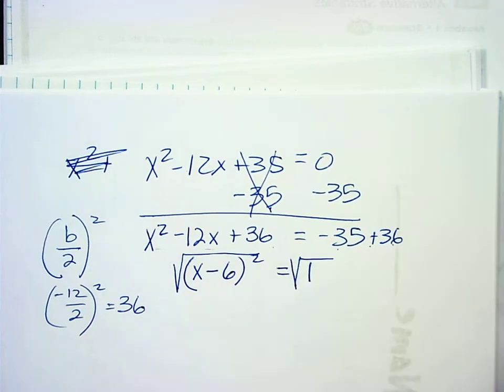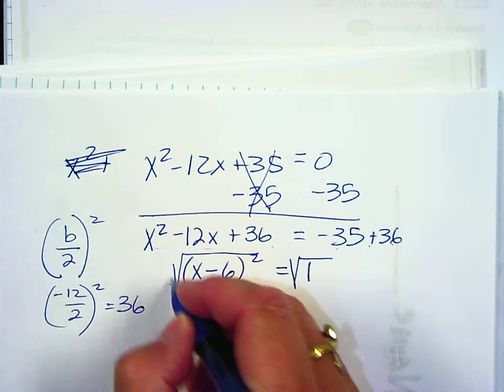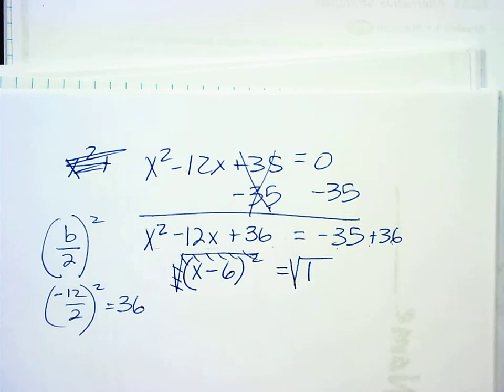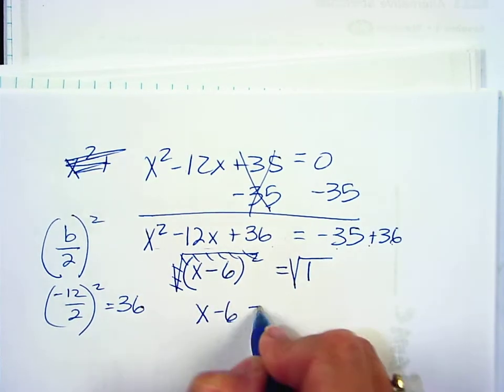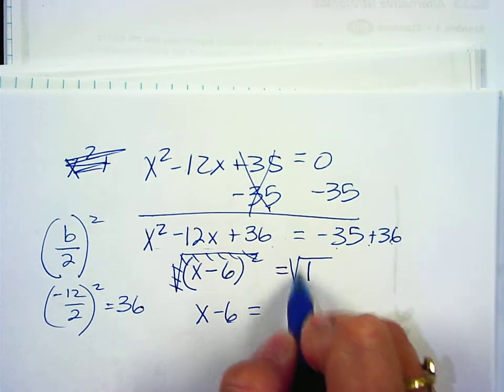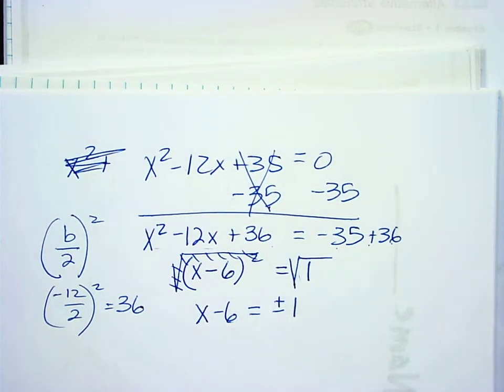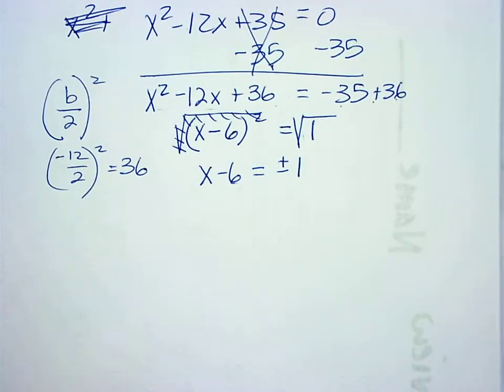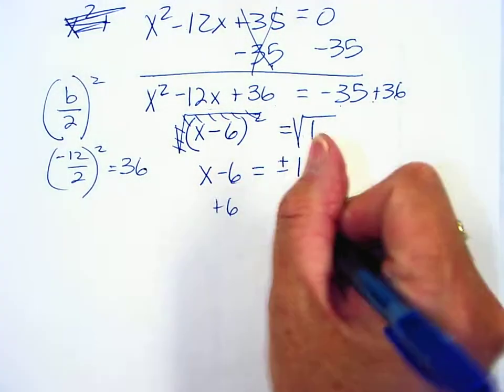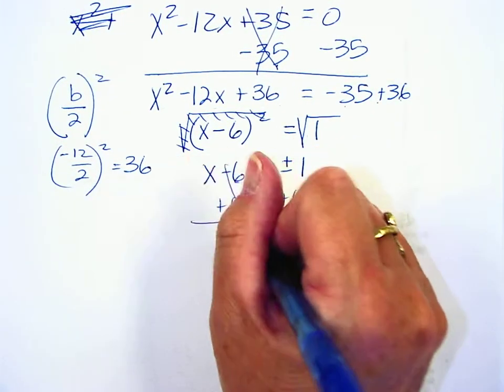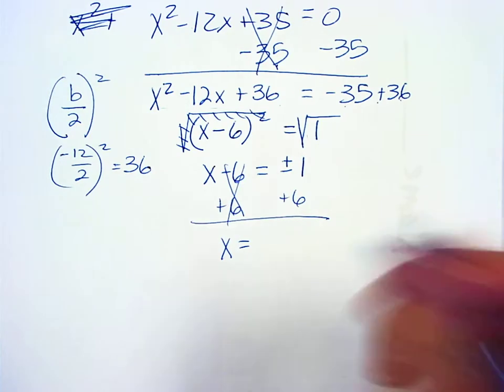What I do to one side, I must do to the other. These cancel out. X minus 6 equals, now the square root of 1 is 1, but don't forget plus or minus 1. Common mistake. Add 6, add 6. X equals positive